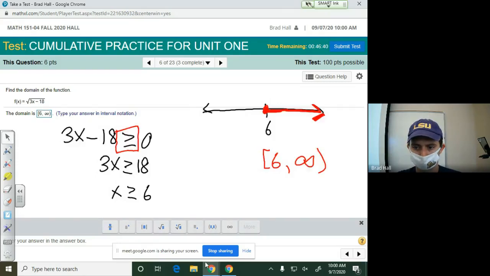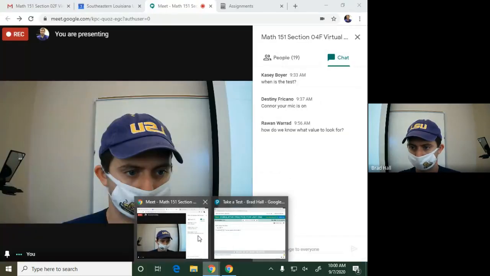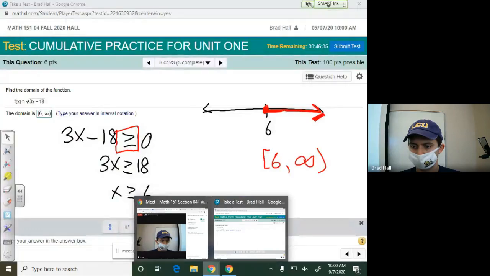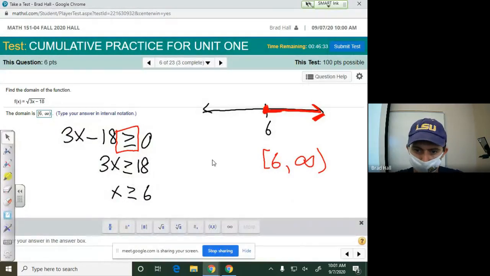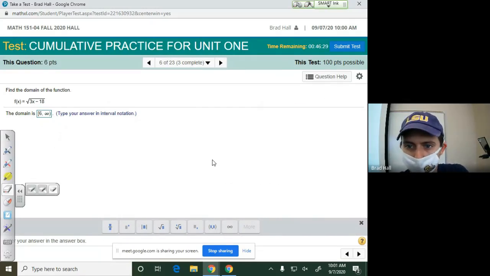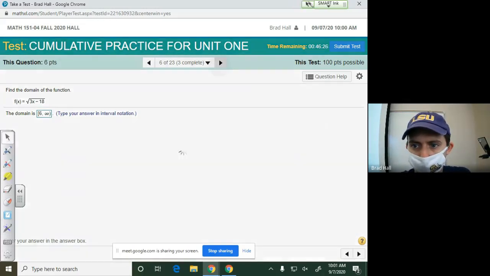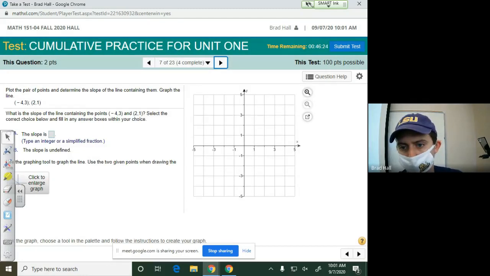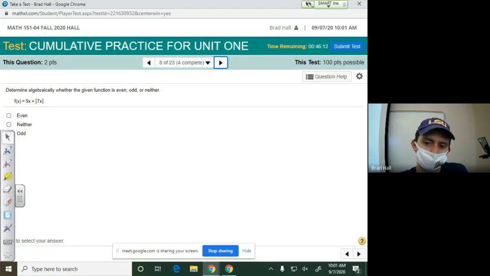Okay, so any questions? If not, I'm going to go ahead and find other problems to do. I think this one's pretty straightforward. I think this one's a little bit more fair to look at because